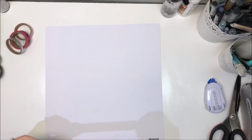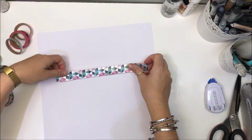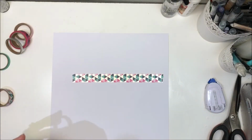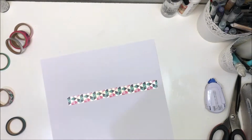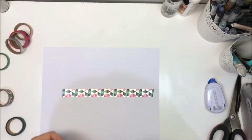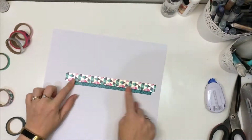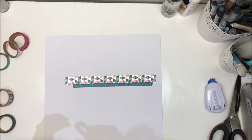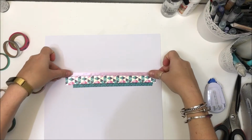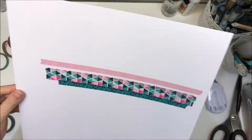If you wanted to do a similar sort of thing, you could always cut out the heart first, but I didn't want to have the fiddly bits in the middle of the heart where it comes down to having to muck around with getting it straight and stuff. So you can see I'm just tearing off strips of washi and adding them on. I'm not putting too much thought into it,